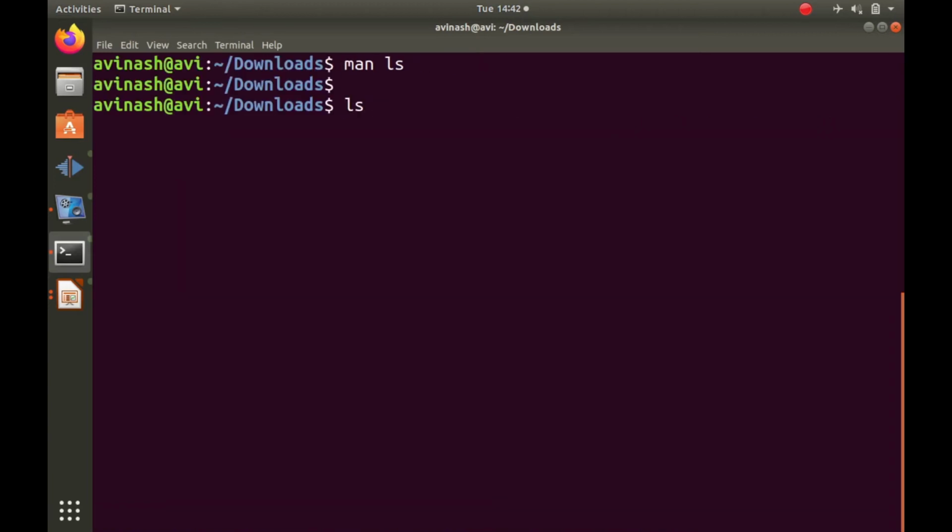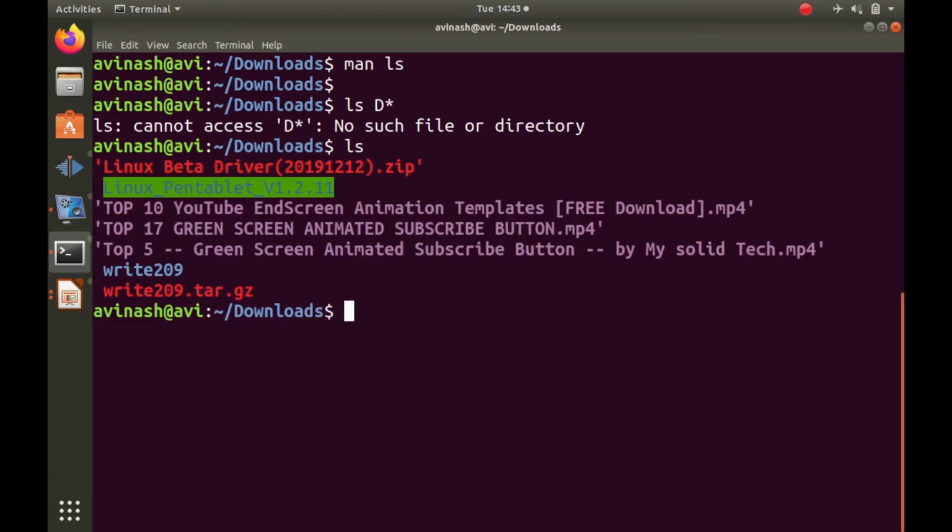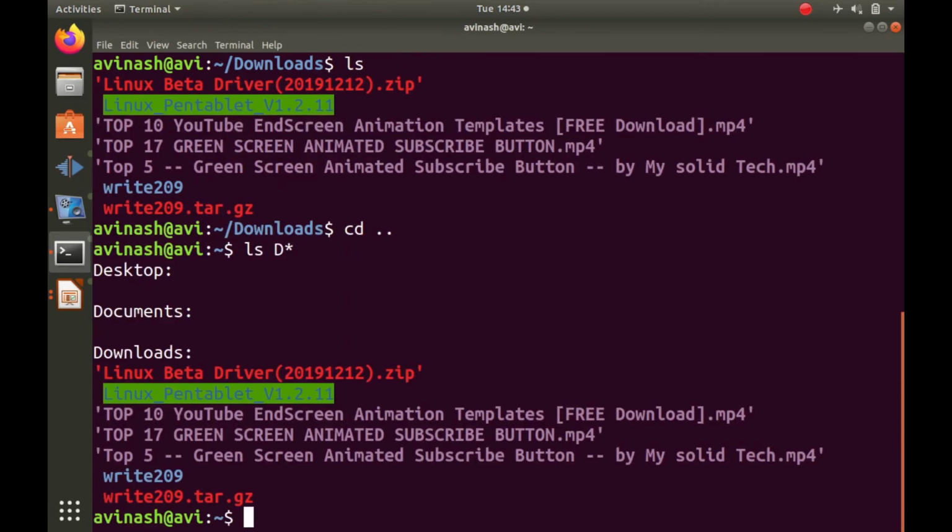For example, if I want to display all the files that start with the letter D, I can type ls d star. My directory doesn't have anything starting with D here, so I will go to the previous directory and type ls d star.